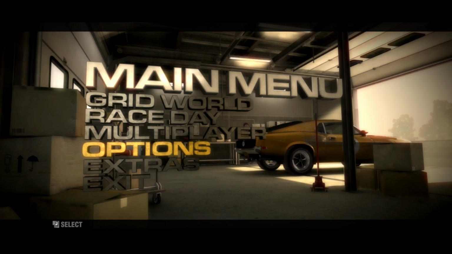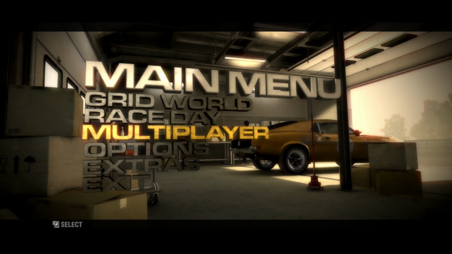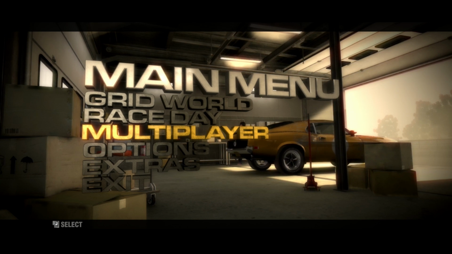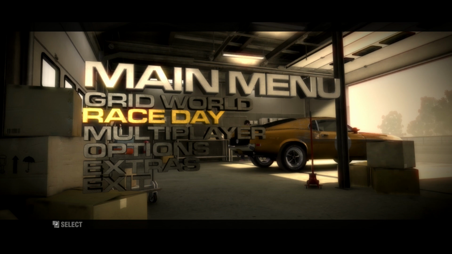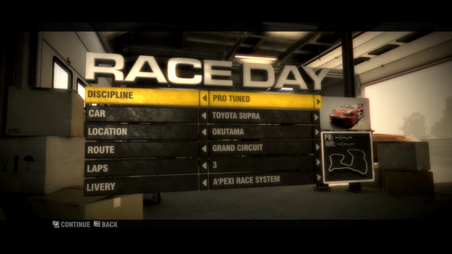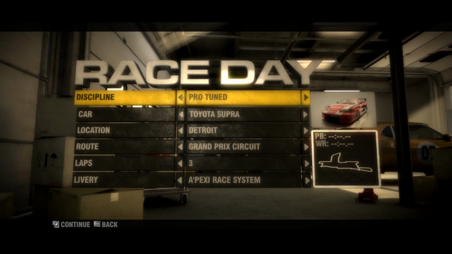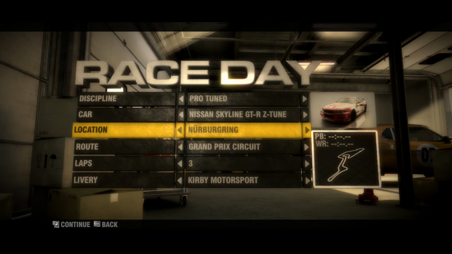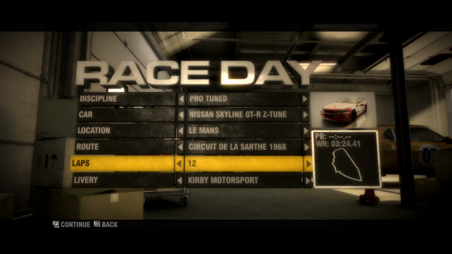As you can see here on the main screen, there was a multiplayer option. I don't know if this is functional anymore. I'm not even going to try it unless I were to get somebody else to try the game with me. Race day, which is basically where you can set up your own custom race there. If I skip through a bunch of stuff, you can do Pro Tune. You can select your location and route, the amount of laps you do up to...